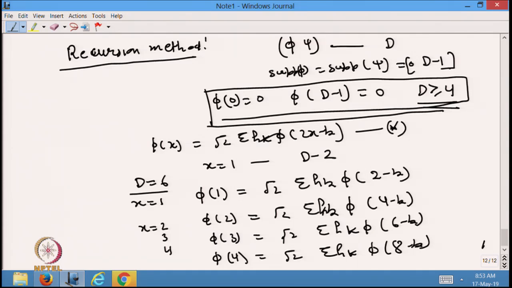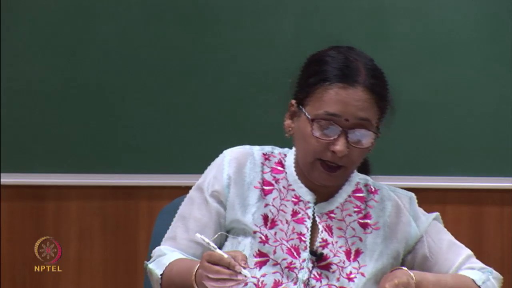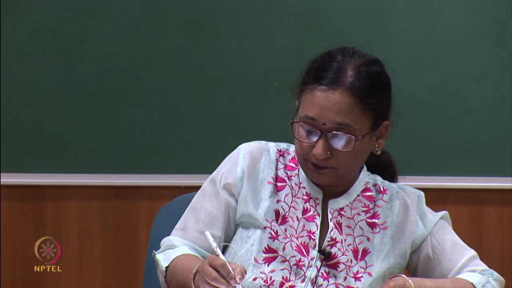Okay. So now, k is varying from 0 to d minus 1; in each case, k is varying from 0 to 5. So now you can take this as a homework exercise: you expand this, and then finally we will be able to write this as a